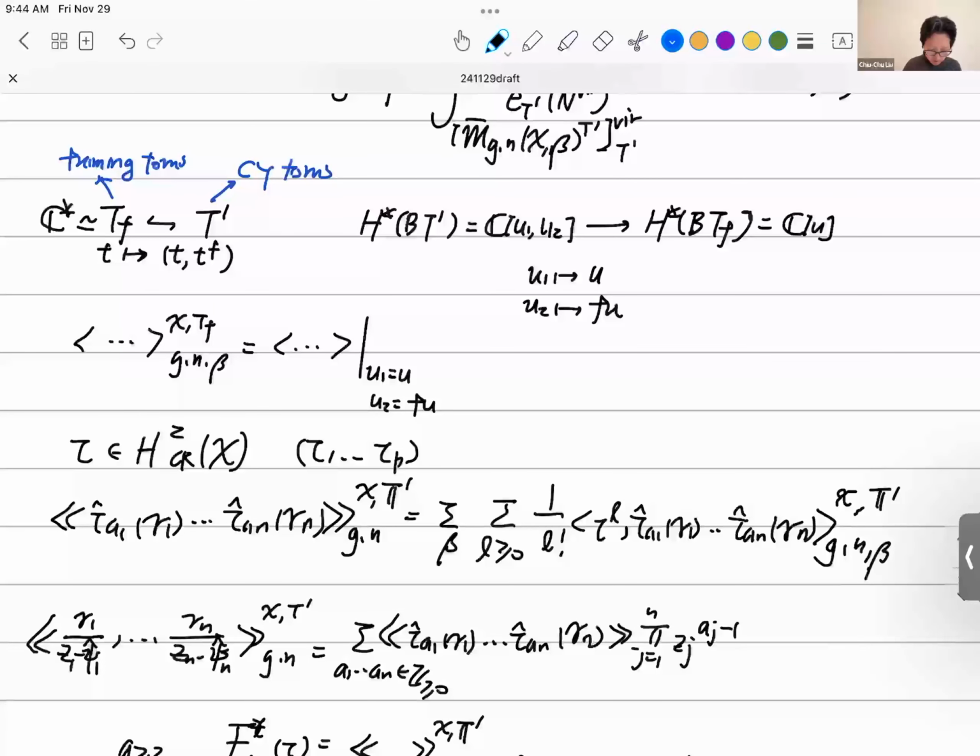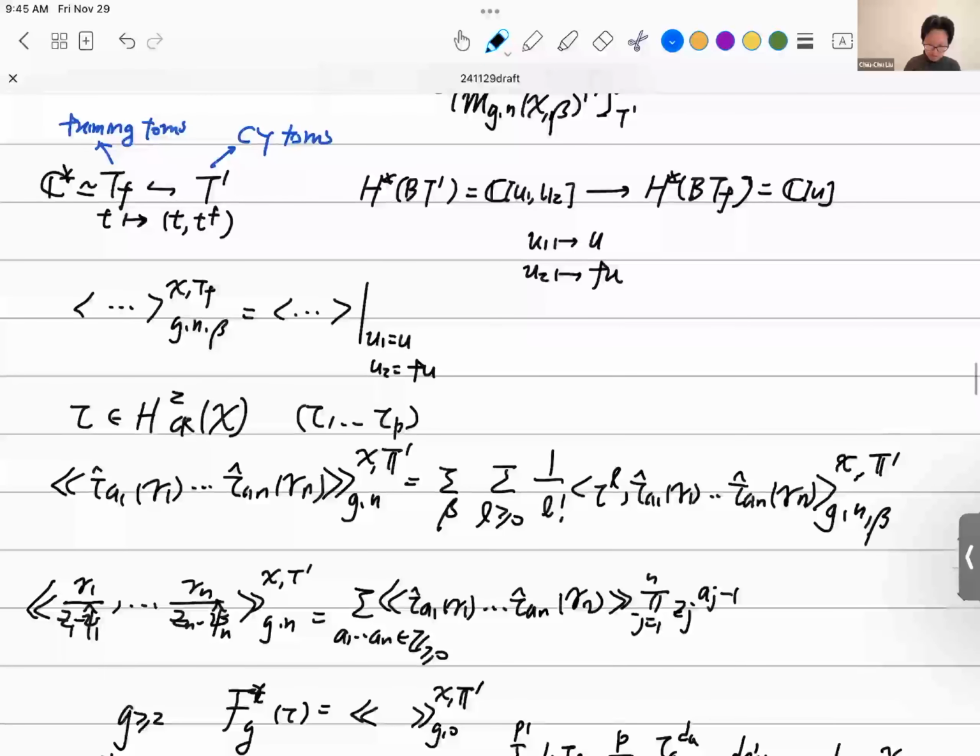You formally expand it as a power series, so it's an infinite sum. The power of z_j should be minus, if we expand, right? Because if we expand this,